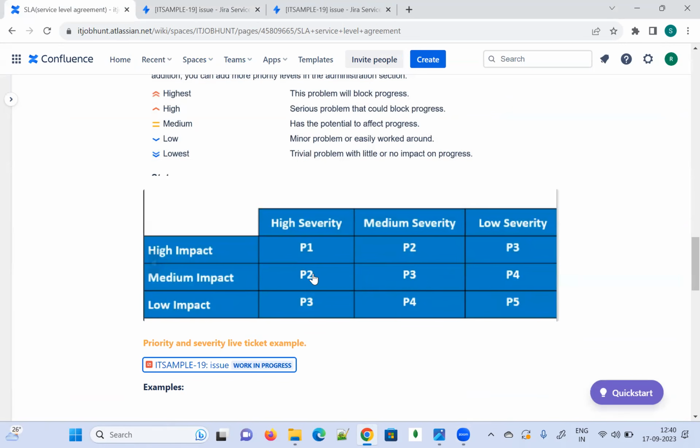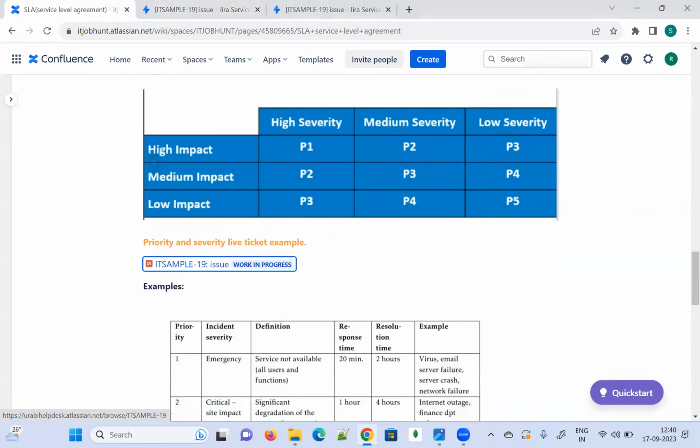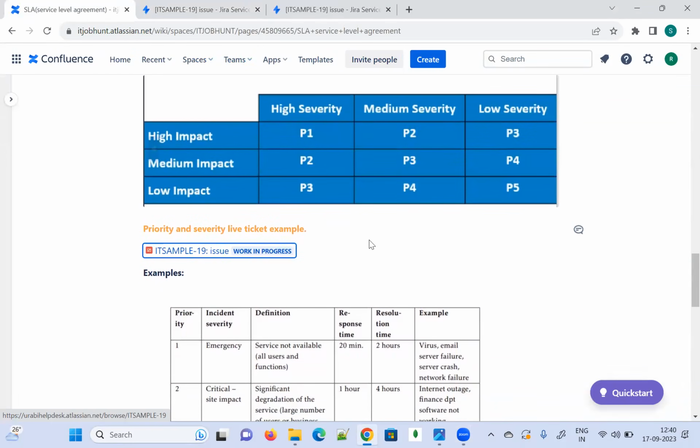In P2, what we have to choose is severity 2, since the priority is high. You can choose it based on your requirement.